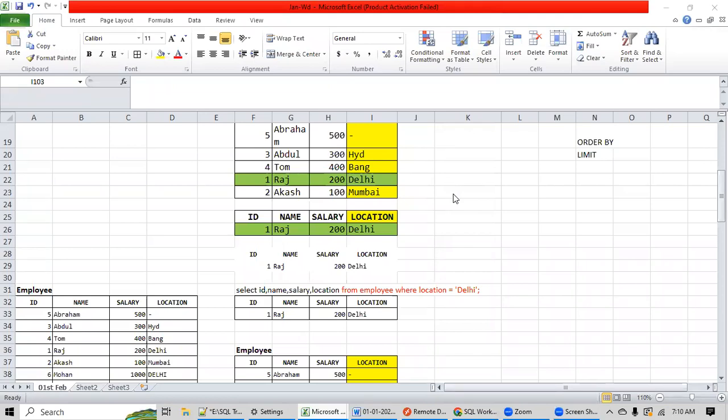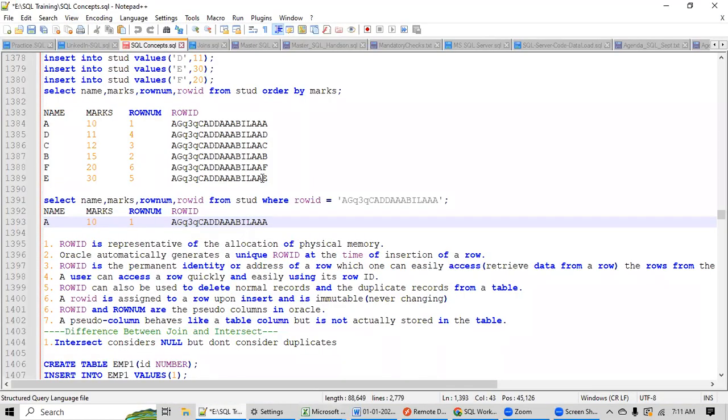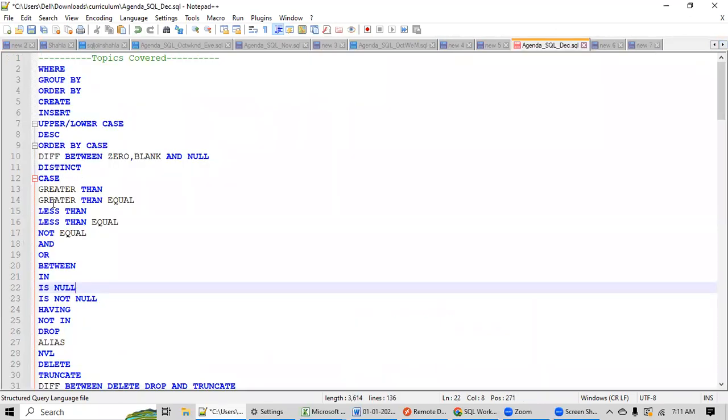First thing, the class will be over by 9, 7 to 9. And yesterday as well, I told you that I strictly follow this pattern, this curriculum. Suppose I am teaching and you have a question from a different topic, I will not be discussing it during the class because that breaks the sequence. We have many participants who are from a non-technical background.